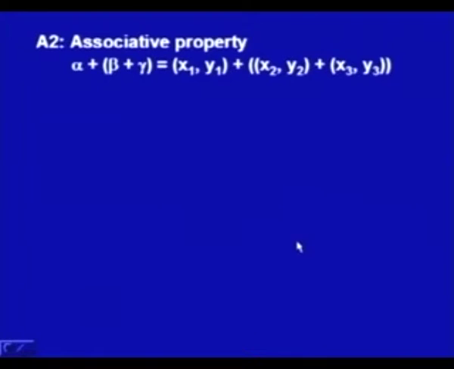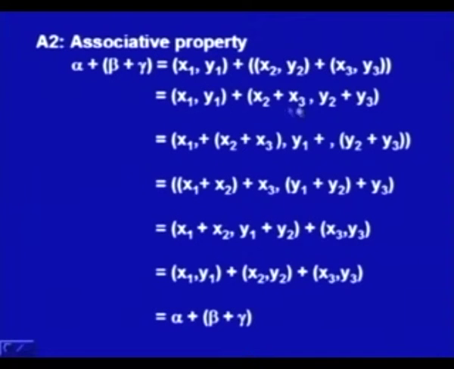So, the next property is the associative property. So, if we consider three vectors now alpha, beta, gamma as (x1, y1), (x2, y2) and (x3, y3) respectively, then this sum is given by this pair, and this can be simplified further. This second bracket can be simplified to x2 plus x3 and y2 plus y3, and then you can add this vector here. So, it is (x1 plus x2 plus x3, y1 plus y2 plus y3), and since x1, x2, x3 are simply numbers, they are associative.